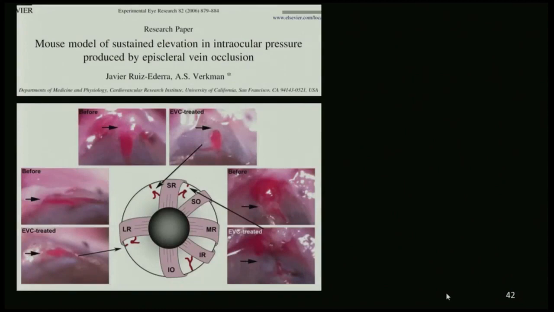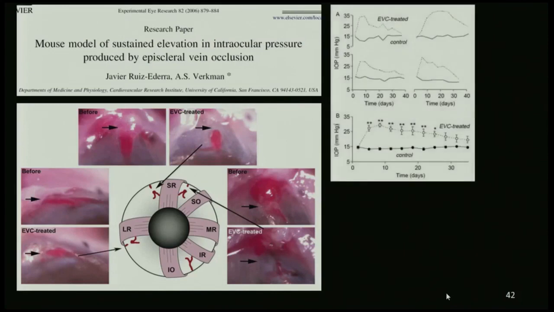So here's a mouse model of episcleral vein cautery. And in this one, they actually do show the veins. This is still a schematic, again, of what's called episcleral veins in this paper. But again, I would argue, at least from what I know from rat anatomy, that these may actually be vortex veins. They're really beefy veins. They come out sort of near the equator, and they drain the entire globe. They were able to cauterize those, and they did see an IOP elevation. So you certainly can get IOP elevation with vortex vein cautery, again, due to congestion.